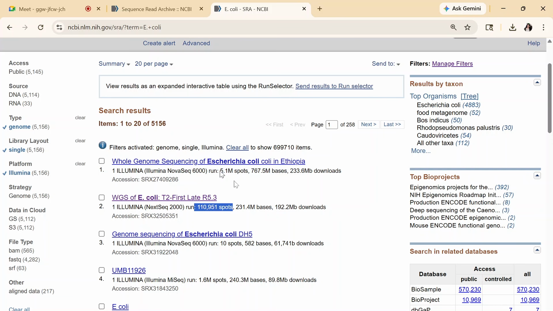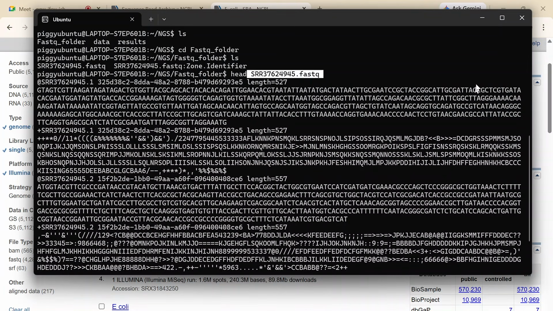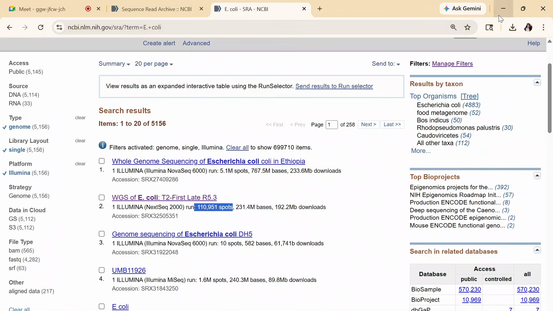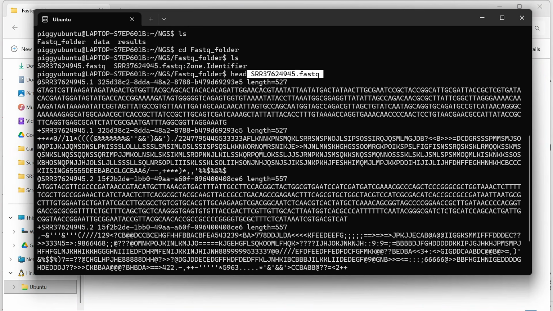The head command does not give 4 reads. Listen to it carefully. Here, this head command does not give you 4 reads. It only shows you the starting of a few lines of your file. It can show you 10 lines, it can show you 20 lines. So, it only shows you a few lines of a file.